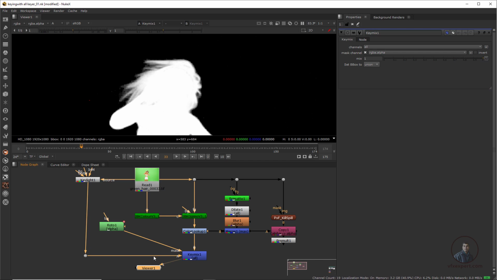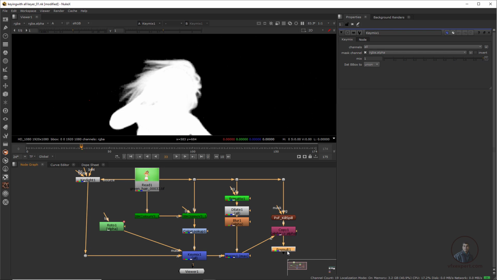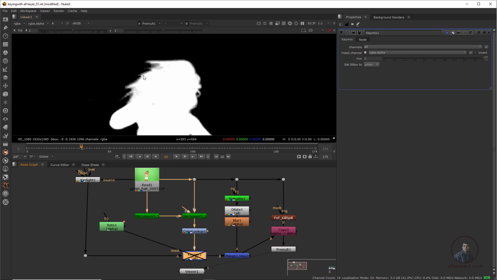Now finally what we have to do, after this we have to unplug this from here and connect it with this KeyMix here. Move it here and now check this one, press 1. So now you can see here, select it, disable, press D. So now you can see here. Like this, if there is any requirement then you can also add extra hair details with this Keylight.